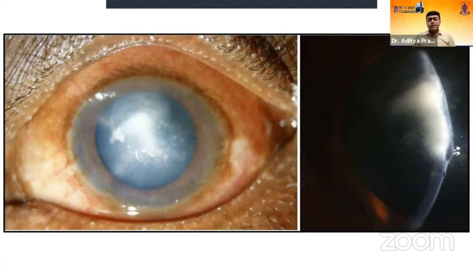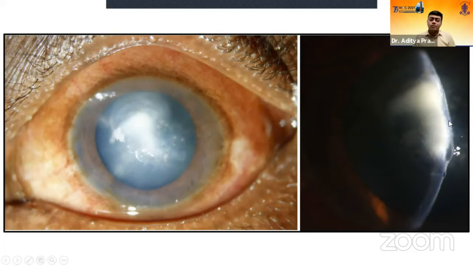Now we'll come to the role of intrastromal antifungals, in which this patient with a history of 2 weeks of non-responding ulcer, we had done the scrapings and the report came out to be positive for fusarium. You can see this deep ulcer. The surface is not so much affected, but if you see in the slit section on the right, it is beautifully shown that the infiltrate is involving the deeper layers of the stroma.